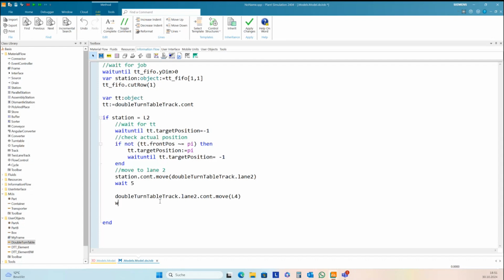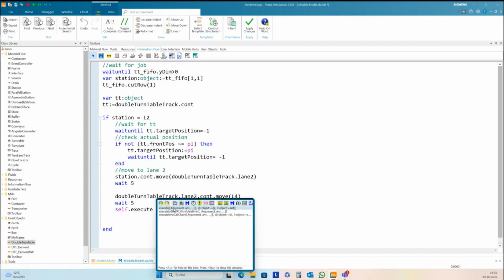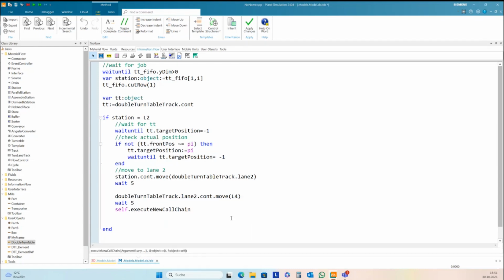And then I need to wait 5 seconds until the part has exited completely, and then I will call this method again.